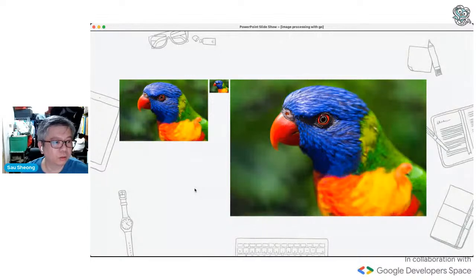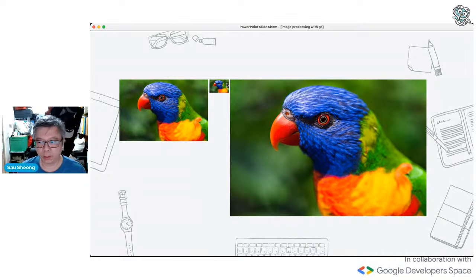Just show you how it looks like. So this is the original image. The one on the left is the original image. The one in the middle is the smaller image. I think that's like 1/5 of the size. And the one on the right is the larger image. Now you look carefully, the quality of the larger image and the smaller image are actually not that great. And that's because the algorithm is simple. It's relatively fast, and it's easy to implement, but the quality is not the best. So if you want something better, then you have to pick up the maths and do the implementation, right? But if you just want something quick and easy, this is what it is.